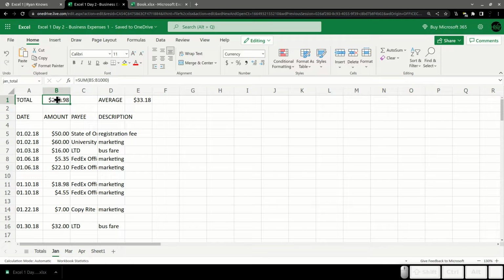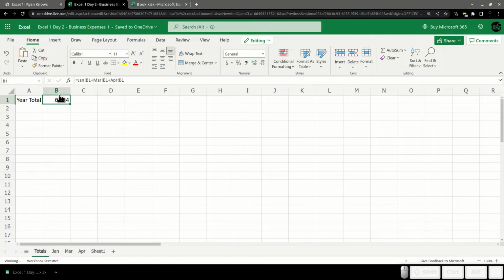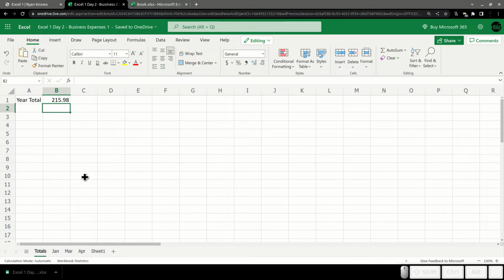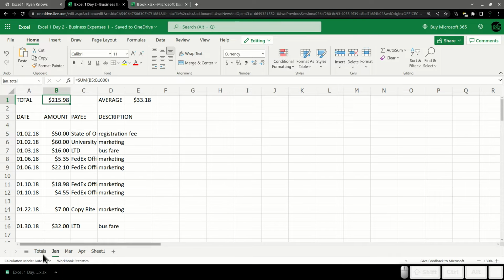And now what I've done is I've named this cell. Its name is still B1, that's its address, that's its reference, we can still use that, but I can now use this Jan total to refer to that cell as well, and I'll show you what I mean. So over here, I'm going to delete that, and I'm going to write equals, and I'm just going to write Jan underscore total, and hit enter, and boom, there it is, that 215.98, same value.